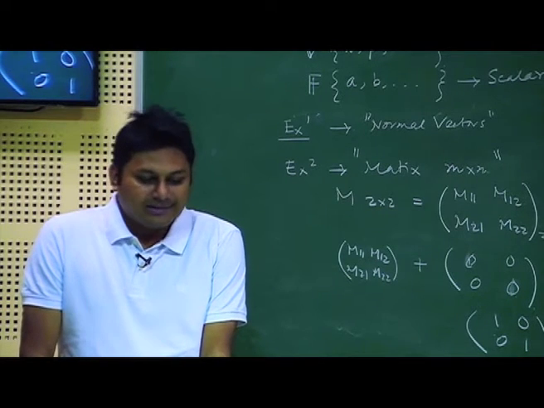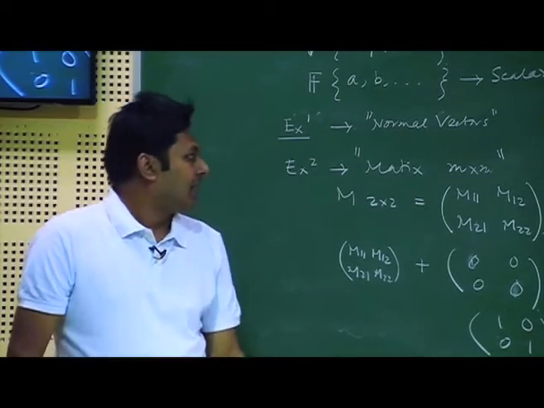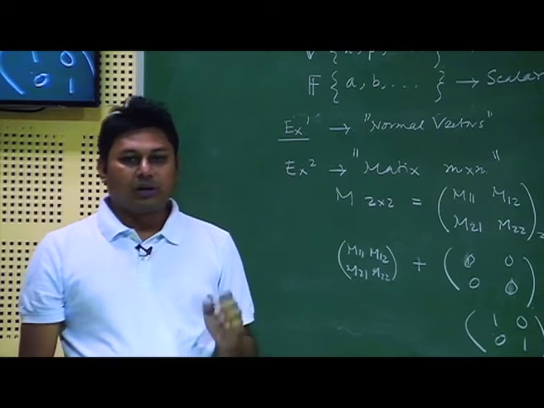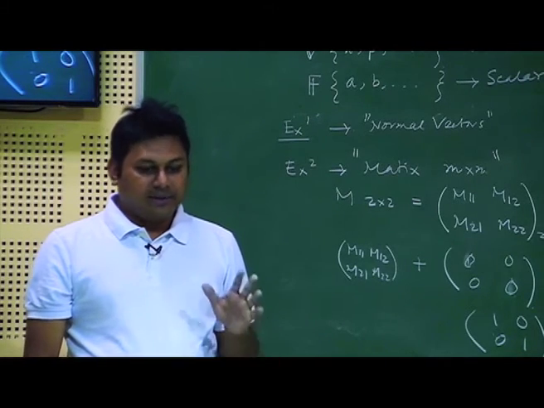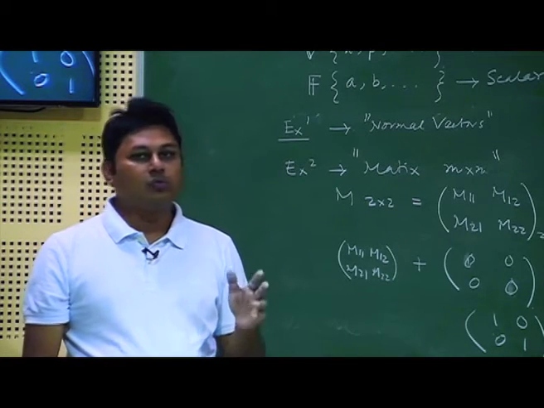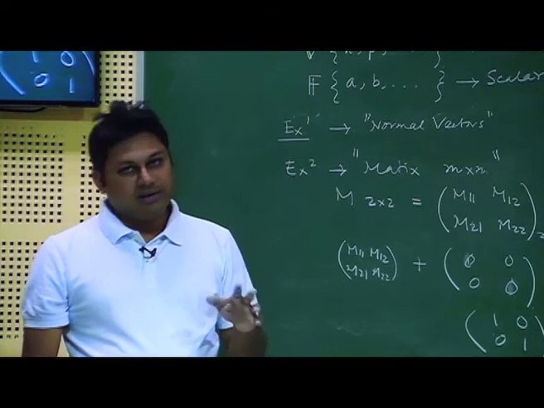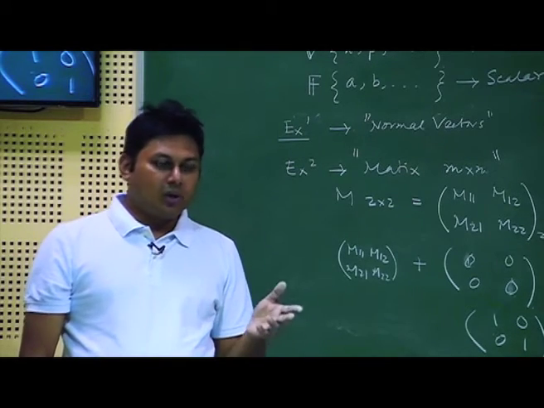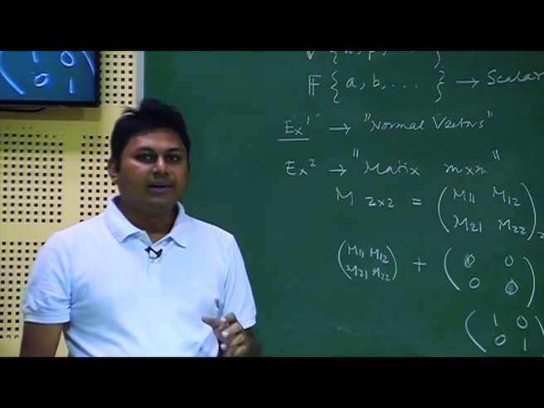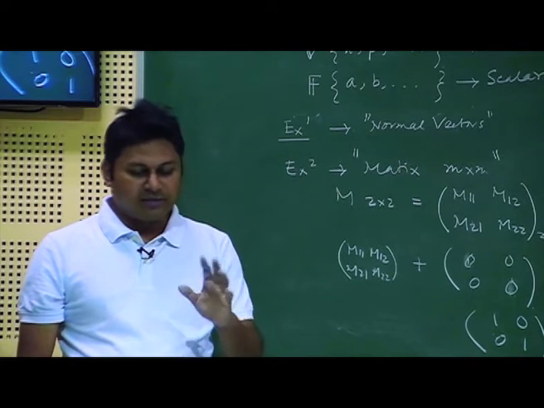In the next class, what I will discuss is very important, now that the vector space is formed. You know that a vector space is something which can be formed over a real or complex field. If it is formed over a real field, we call it a real vector space. If it is over a complex field, rather I should not say imaginary, I should say complex, then it forms a complex vector space.